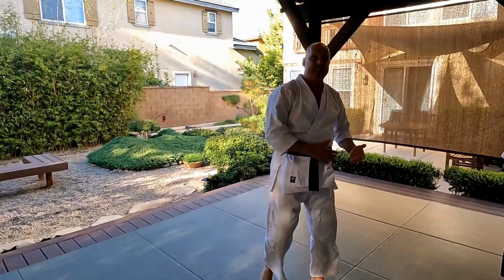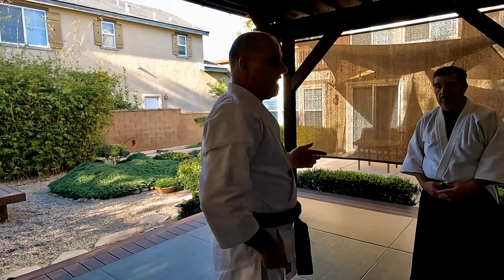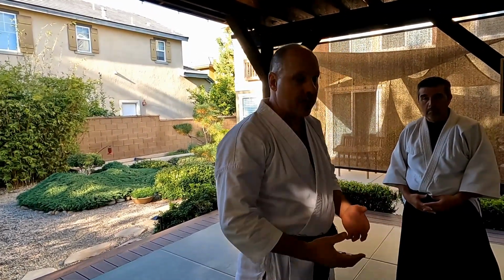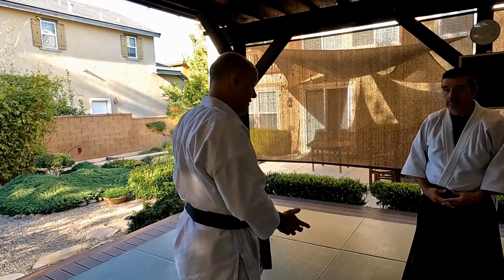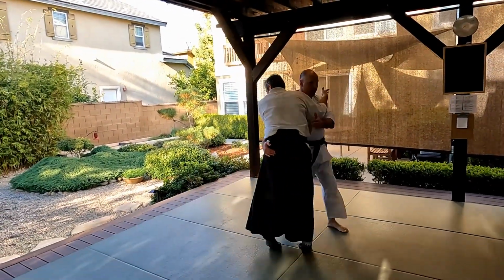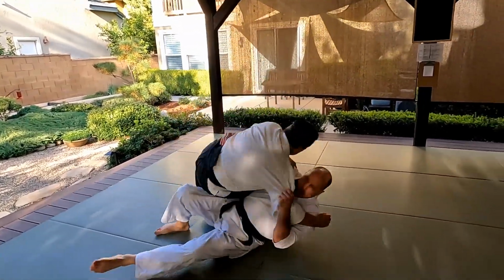He's learned to be very careful about that. The next thing that will happen is, as I put more pressure with my body and take good constructive ukemi, we might find a different situation. So, with this situation,